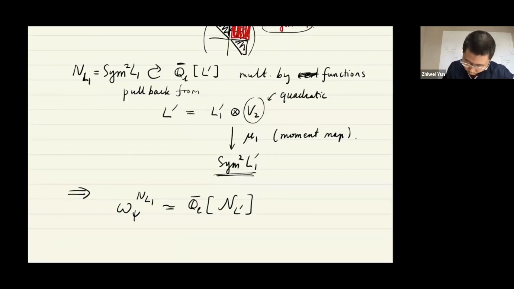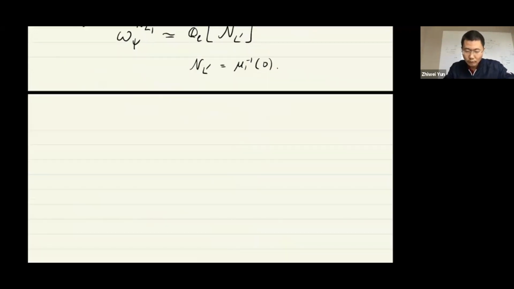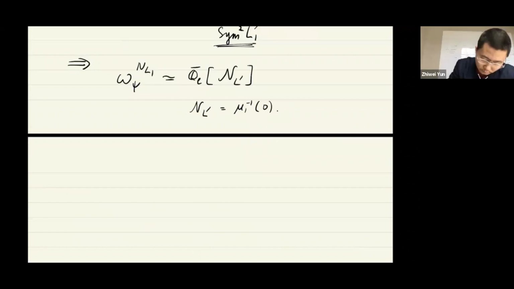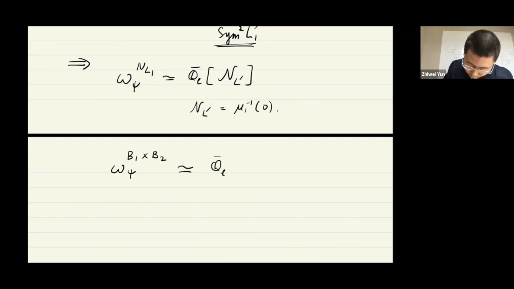This is just the zero fiber of this moment map. It's a conical subset in this vector space L prime. And if you want to look at invariant functions under the whole Borel, this is identified with functions on this moment cone,